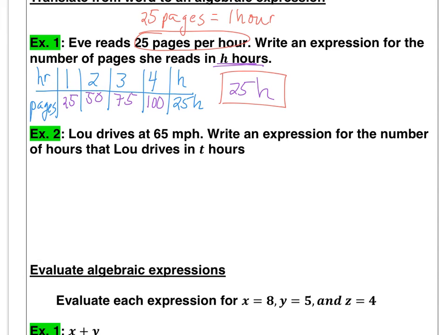Then look at example 2. Lou drives at 65 miles per hour. That's another rate, just like reading 25 pages per hour above. Write an expression for the number of hours that Lou drives in t hours. So again, if you look at a table of values, kind of think your way through this. If I let h be hours, and then